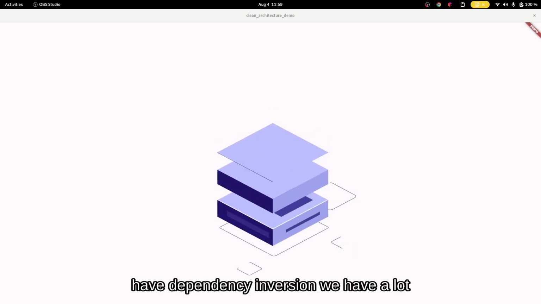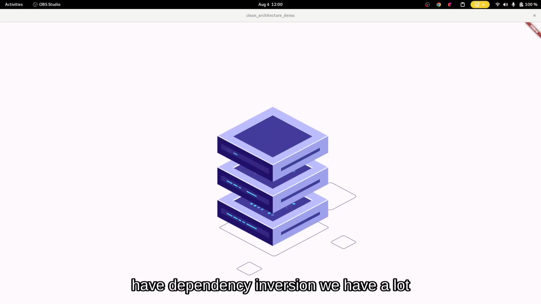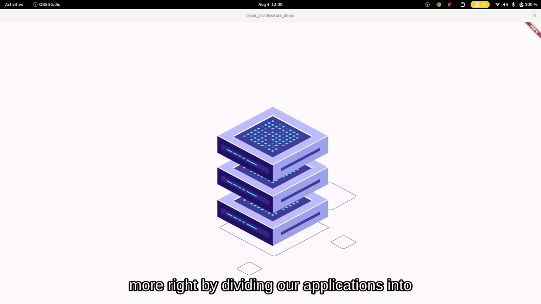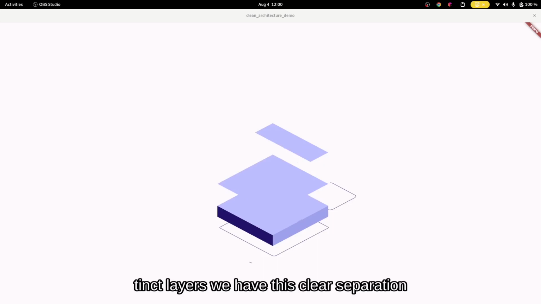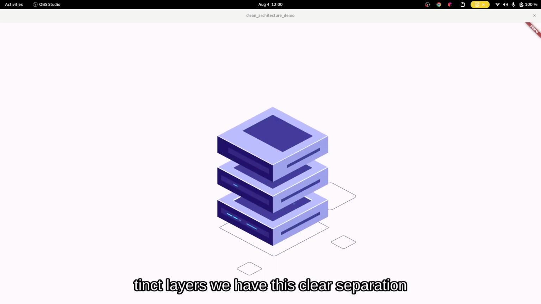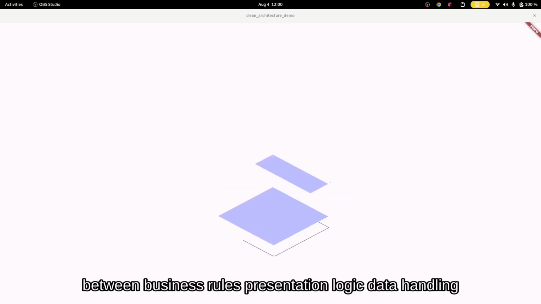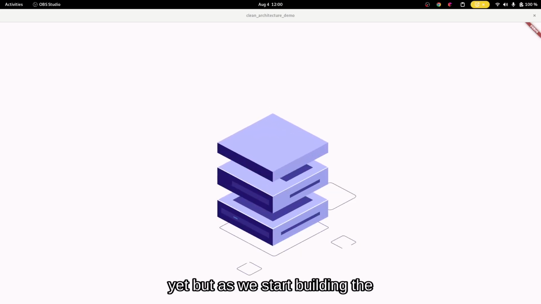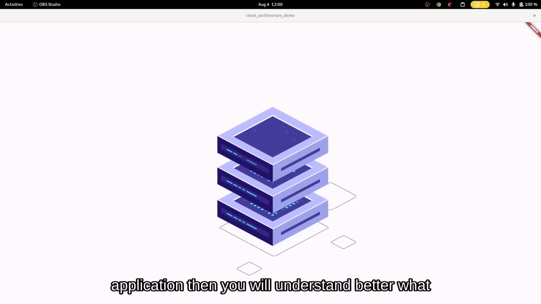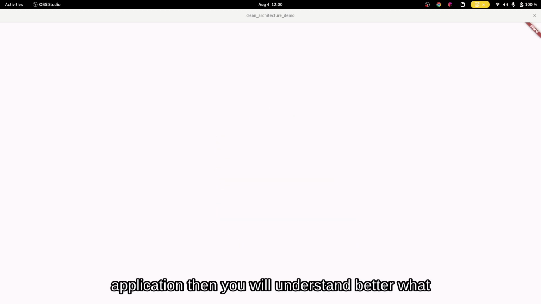So we have separation of concerns and we have dependency inversion. We have a lot more, right? By dividing our applications into distinct layers, we have this clear separation between business rules, presentation logic, and data handling. You might not understand what I'm saying yet, but as we start building the application, then you will understand better